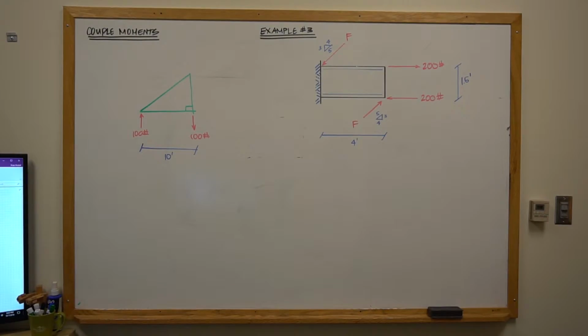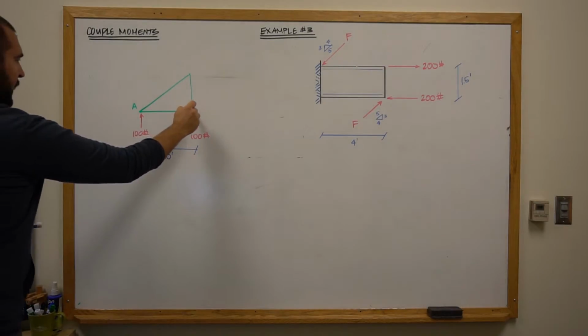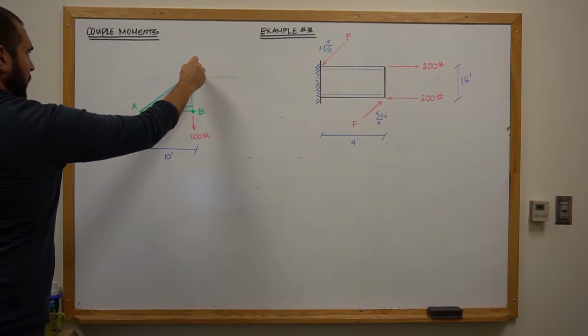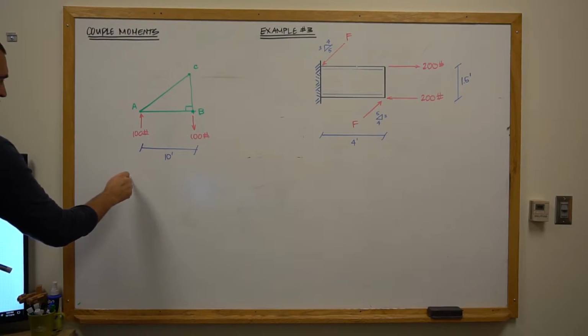Now the cool thing, or at least the interesting or valuable thing about force couples is that they're going to cause a moment, but calculating that moment is really easy, and then figuring out where it's acting is also relatively easy because there's only kind of one rule. And so here, let's just do a simple exercise first. Let's just sum the moments about this point right here, A, then we'll sum the moments about this point right here, B, and we can even do point C here as well. So if I were to sum all of the moments